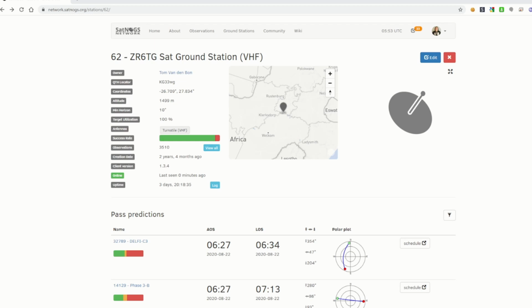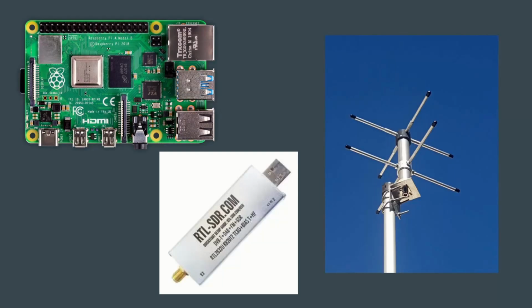The SatNOGS project allows you to network your ground station and gives you the ability to help others receive satellite data from satellites passing over your home, or for you to get data from satellites on the other side of the world. From an equipment required perspective, all you need to do is to add a Raspberry Pi to the SDR dongle and your antenna. The web interface will allow you to specify various satellites and schedule your ground station to listen for them at the right times. This setup works great for an omnidirectional antenna, as you don't need to point it anywhere.